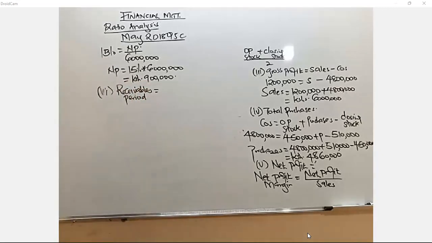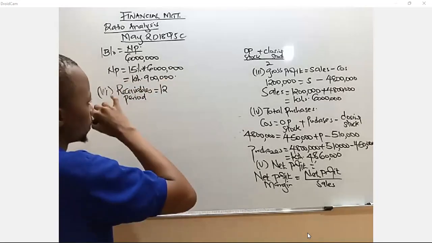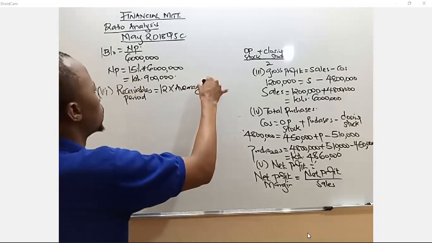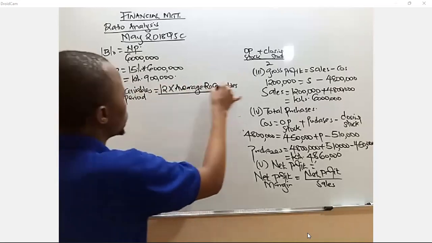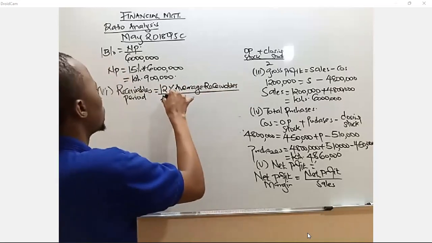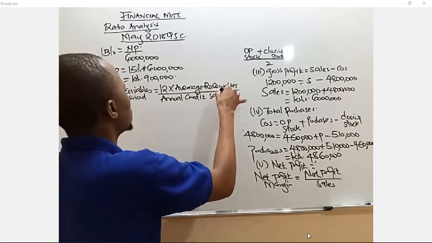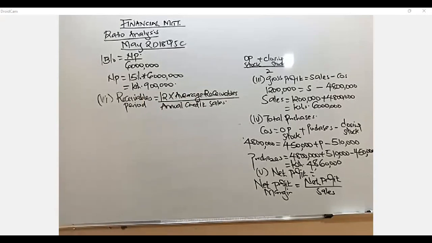Now, remember, on our formulas, we were discussing the days, but here they have given you months. So to write your formula for the receivables period, I will take the number of months in a year, which is 12, times average receivables. We divide by the annual credit sales. Now, how much is the receivables period provided? When you look at the additional information,